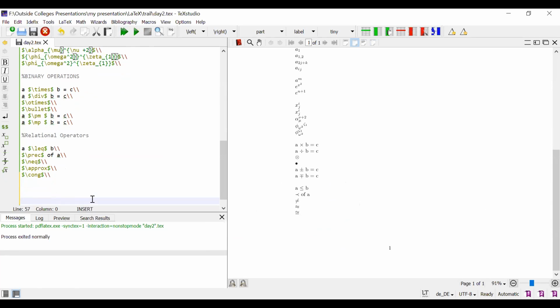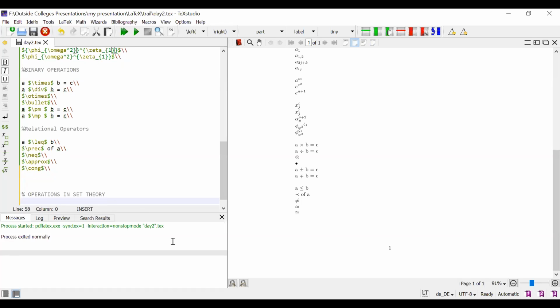Next one is operations in set theory. What are the operators we use in set theory?